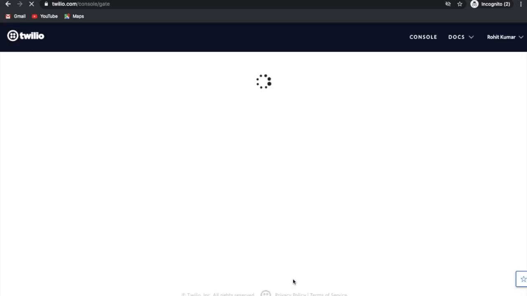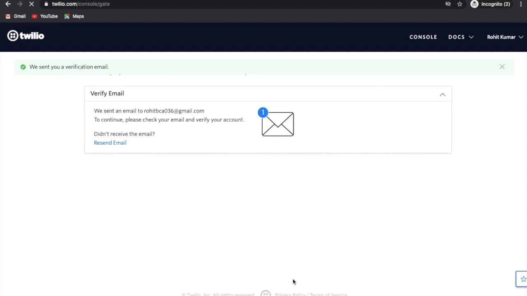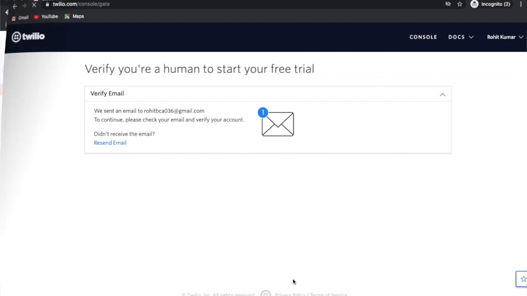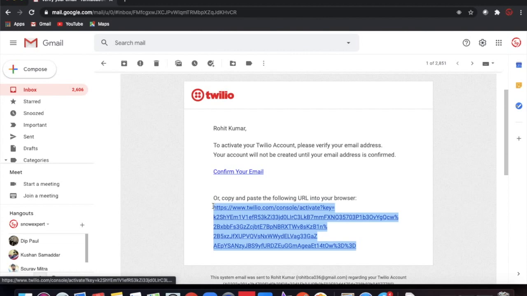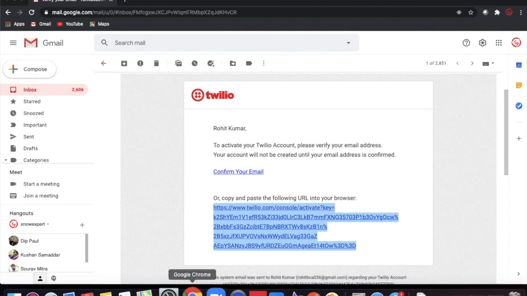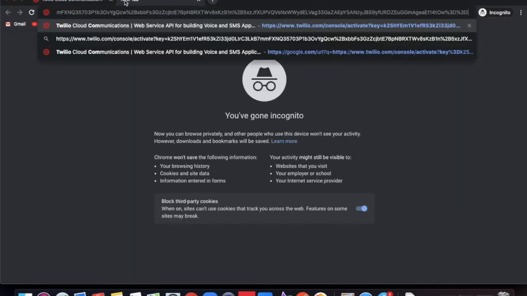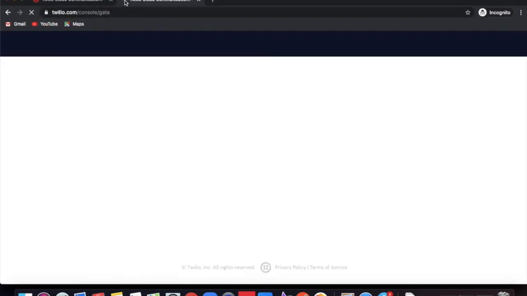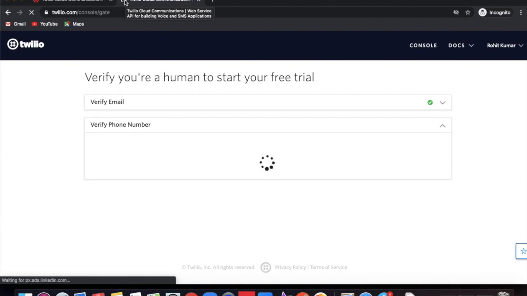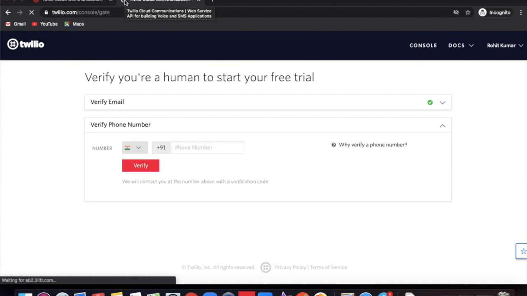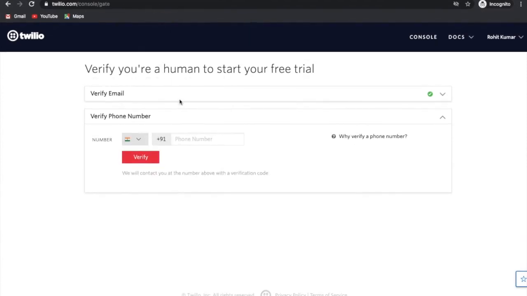Now I have to verify from my email. So I'm going to check my emails, copy this one, and open another tab. Yeah, so my Twilio account is now asking for an email address.